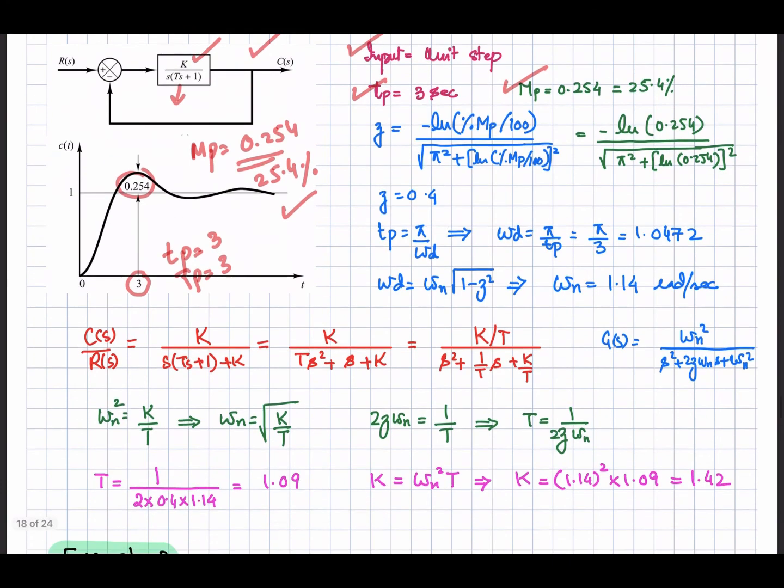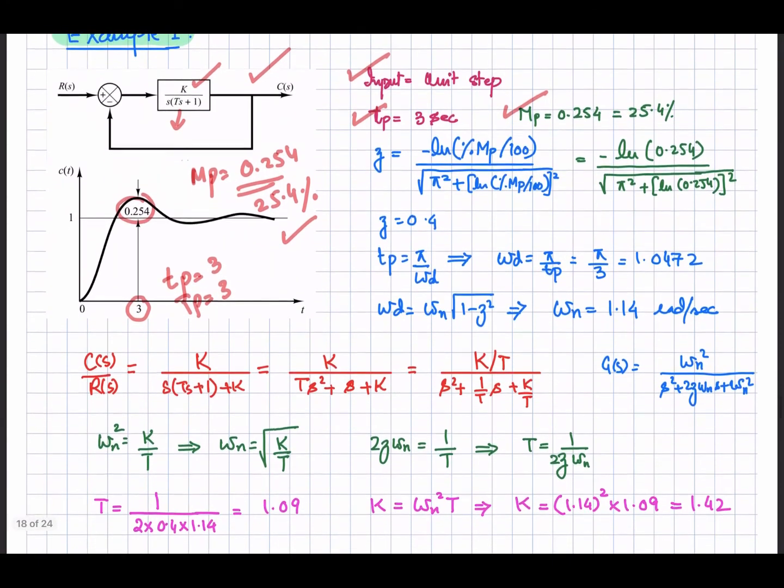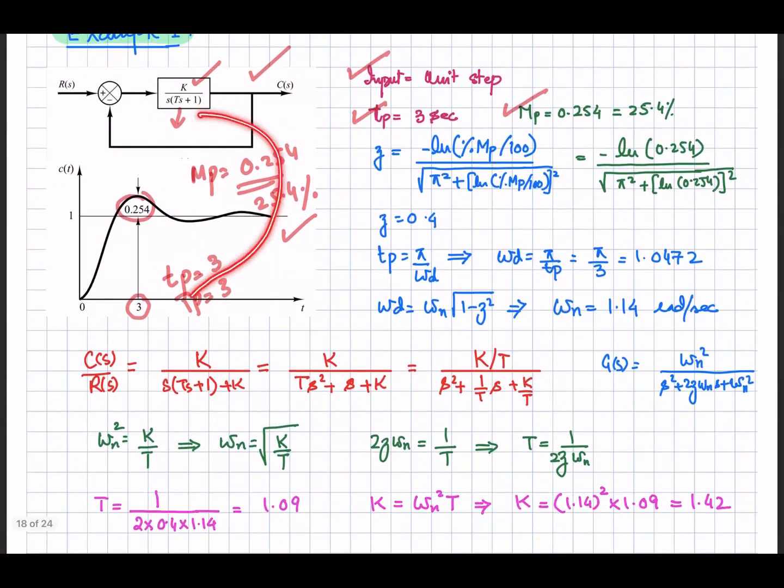Once you calculate that, now let's look at the equivalent transfer function. Defining the closed loop transfer function for this system, that will be equal to K divided by s(Ts plus 1) plus K. Simplifying this, we can write it like that, and if we take this T common out such that there is 1 over here, we can write the system like that. Once we write in that form, we can compare it with the standard second order function, that is s square plus 2 zeta omega n s plus omega n square. So here is 1, that's why we have taken T common out from here.